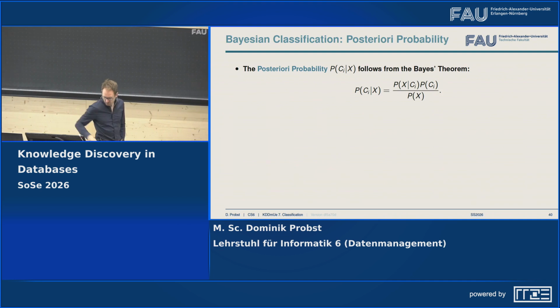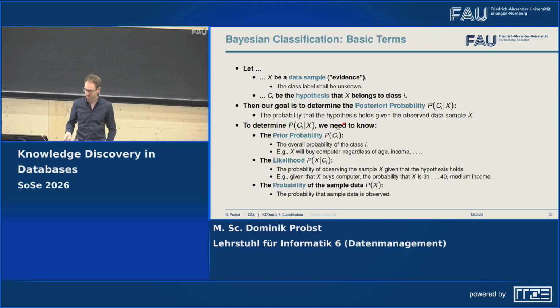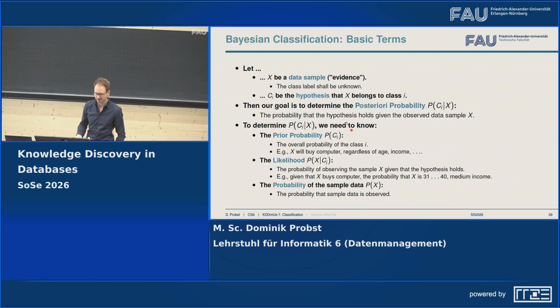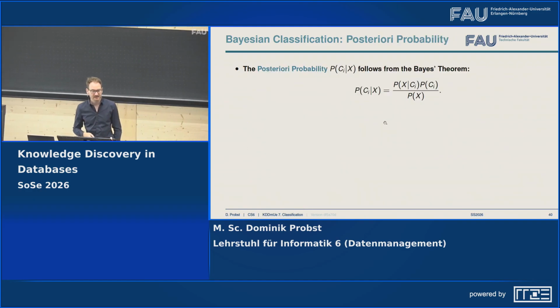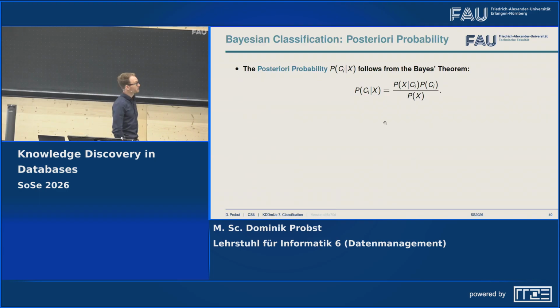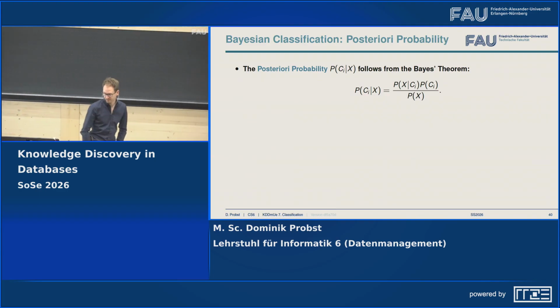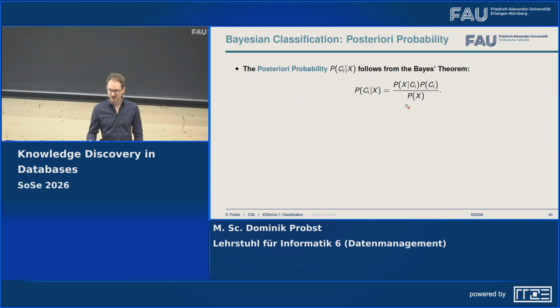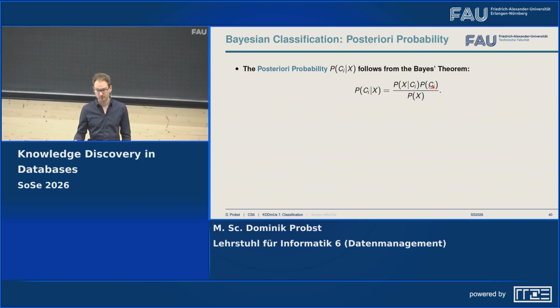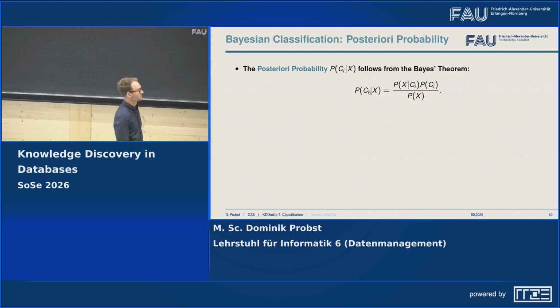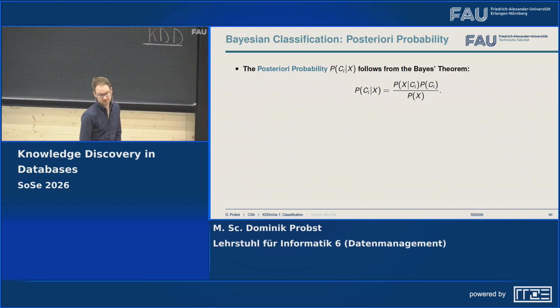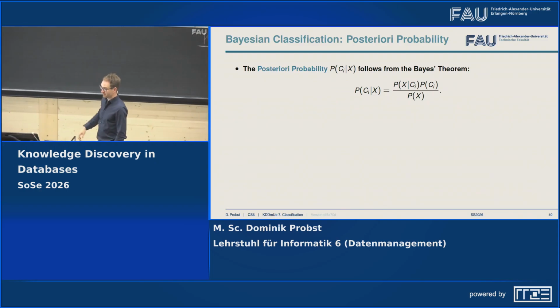Because if we have these three things, prior probability, likelihood, and the probability of a sample data, well, we do not really need that, but we will get to that, then we can calculate the posteriori probability out of these three things. So we have the likelihood, the probability of a class, divided by the probability of a sample. That's Bayes' theorem. Very important,